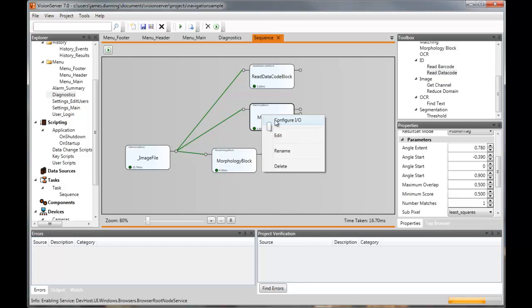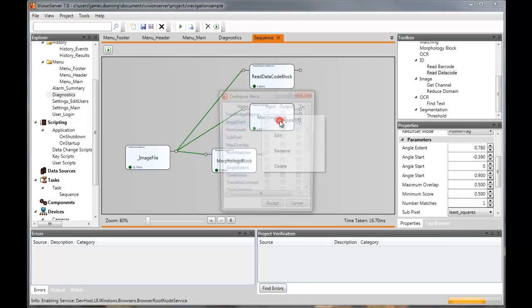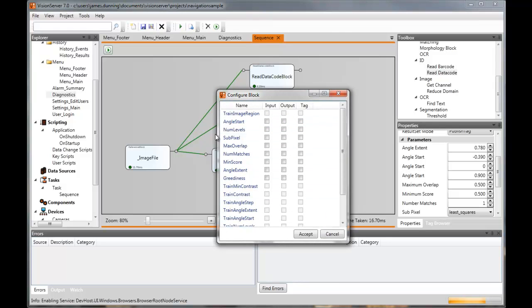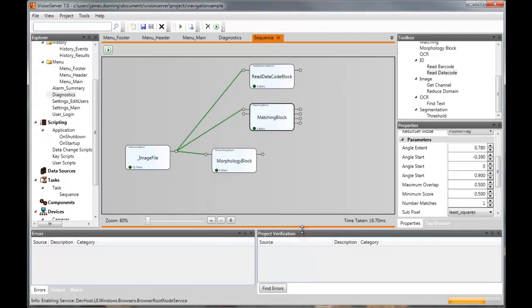So I can right click on the block and select Configure IO. This gives me a list of the parameters, and I can actually specify how they're configured. So in this case, I might want to specify the minimum score. I can expose that as a tag. I might also want to expose a property as an input pin or an output pin. So in this case, I'll specify the greediness as an input. I'll click accept here,